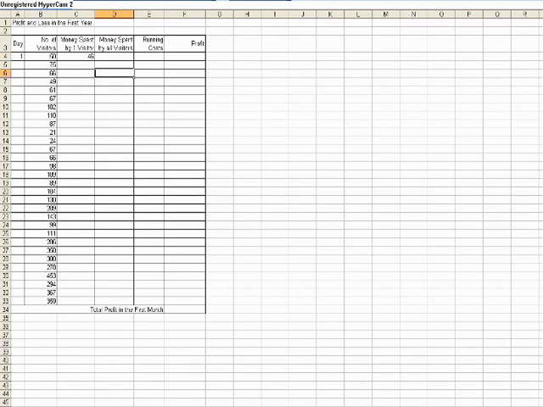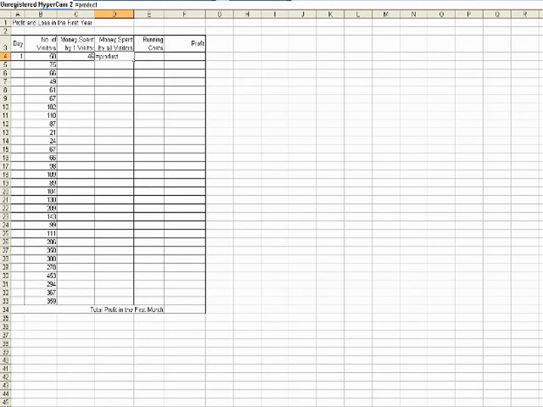46 spent by one visitor, because the money spent by all visitors is the total amount of visitors that come in one day multiplied by how much they're going to spend. So how are we going to do that? We're going to use the product tool again. So equals product,